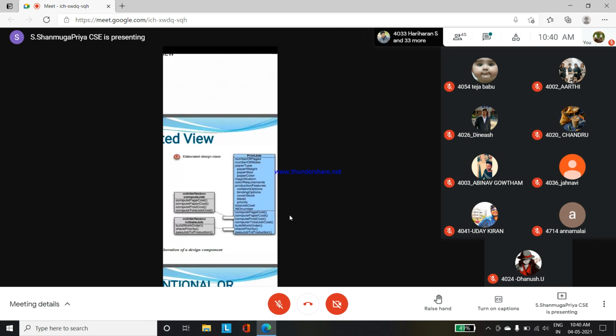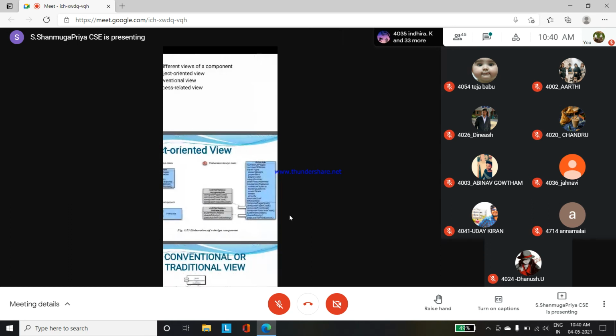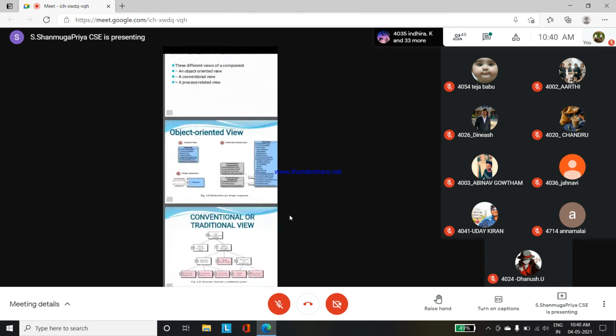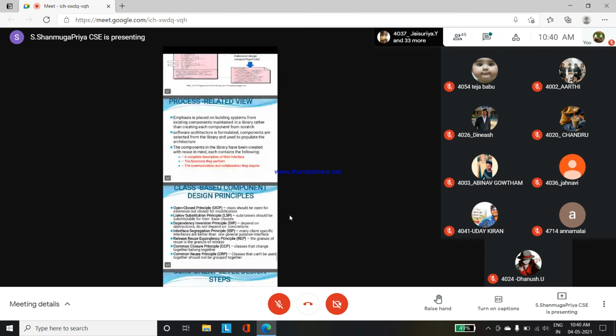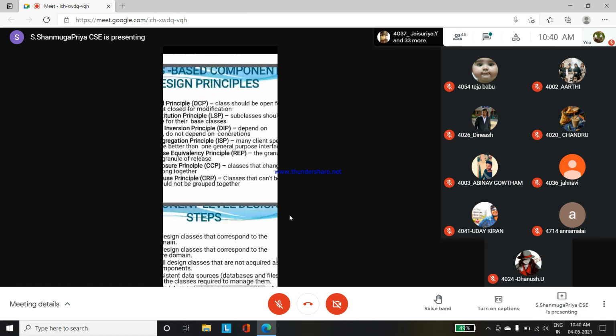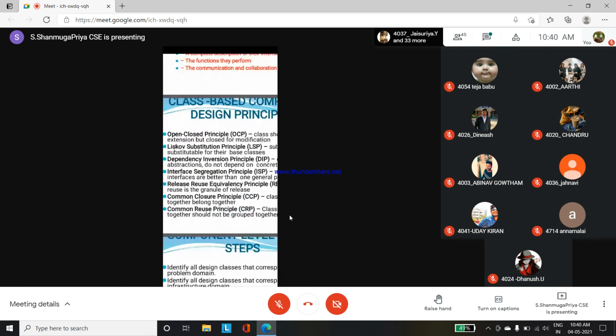So for this we have to follow some rules, some principles. இந்த diagram draw பண்றதுக்கு we are having some steps and all. We will cover that one in the class based design. So these are the principles. We have nearly 7 principles.